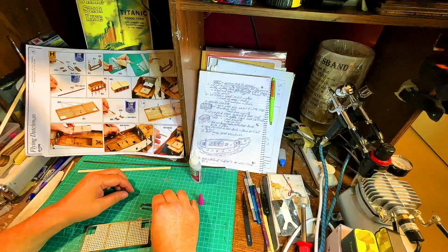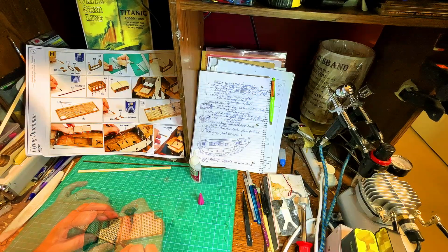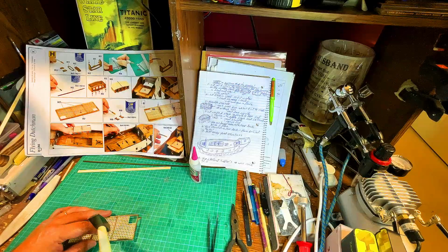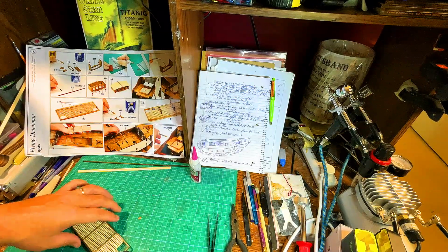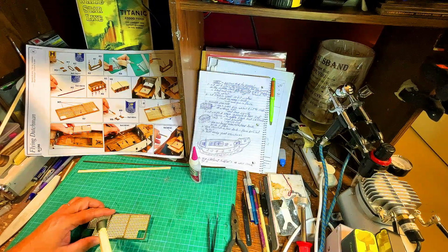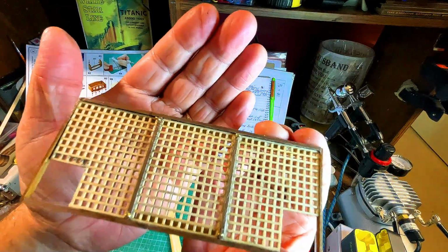And now we're going to take these pieces, and I got to use the tweezers. My fingers are too big. So what I want to do now is push them in. There we are. I hope you guys can see. So these are going to be the tie downs